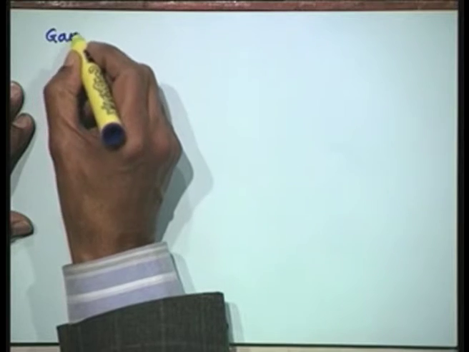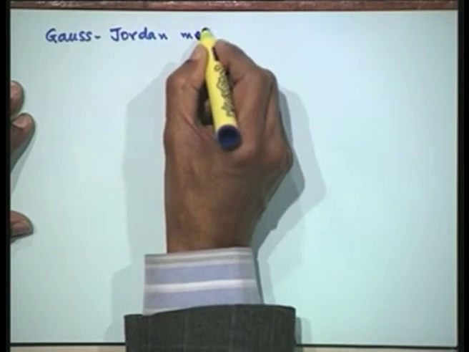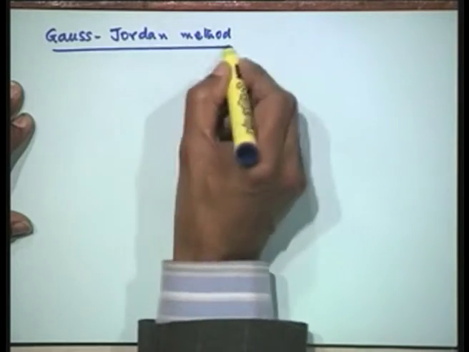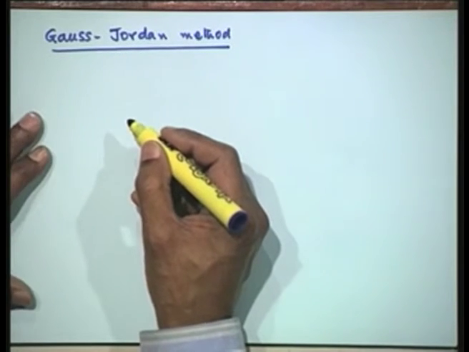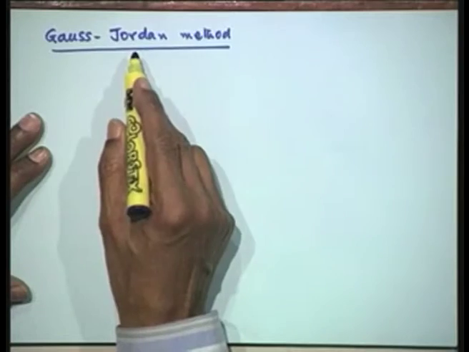Now, a variation to this Gauss elimination procedure is what is known as the Gauss-Jordan procedure. So, let us describe what this variation is. It is called the Gauss-Jordan method. You remember when we started the discussion that there are 3 matrices for which the solution is trivial, that is when A is of the form D or L or U. The Gauss elimination procedure has used the third one, where A has been reduced to an upper triangular matrix U. The Gauss-Jordan procedure reduces A to a diagonal matrix D.